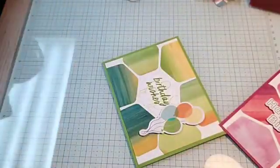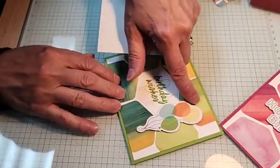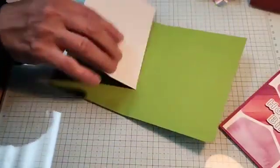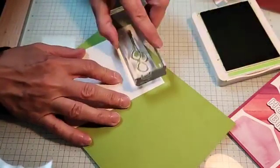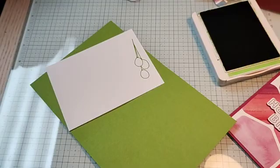So on the inside of my card, I could include a layer, just a scrap of one of my designer series papers, or I could stamp. Let's stamp. And Granny Apple Green. Right there. And an envelope. So I'm learning to do the insides of my cards, even if it is just a...